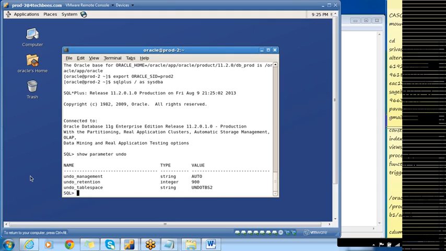So for node 1, you have one undo tablespace, undo TBS1, and for node 2, we have another undo tablespace. So as I said, we'll have an undo tablespace for each and every node in the cluster.